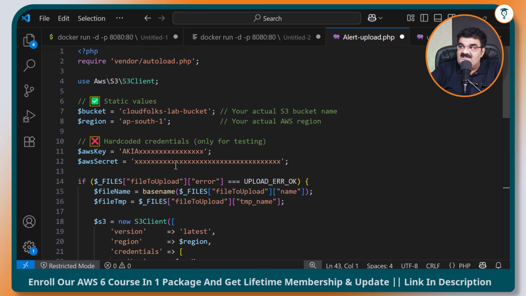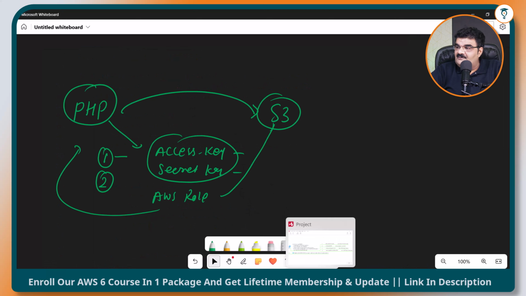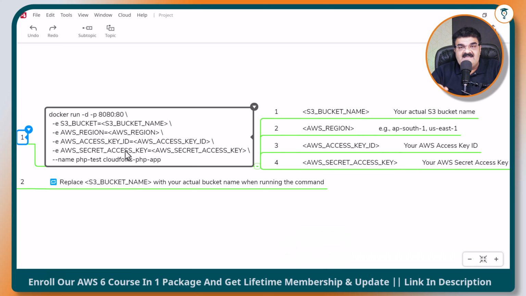We will not use this particular option. We will use this option. Here we don't have hard-coded access key and secret key. Okay, you got my point. Now you may have one question over here that, okay, you are saying that do not hard code your access key and secret key, but right now you are doing this, right? Right now you are doing this. Here you are going to run this image using the access key and secret key. Why? Because right now,